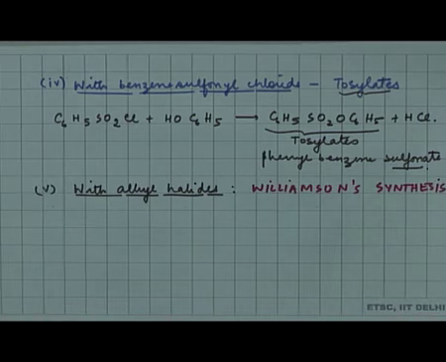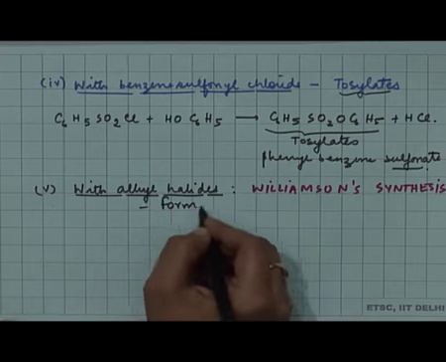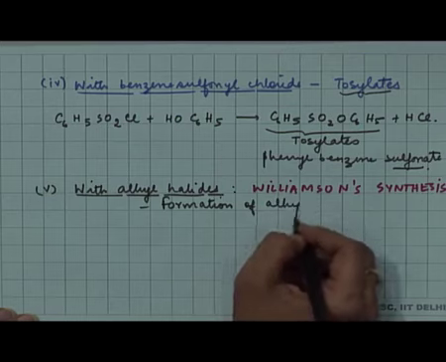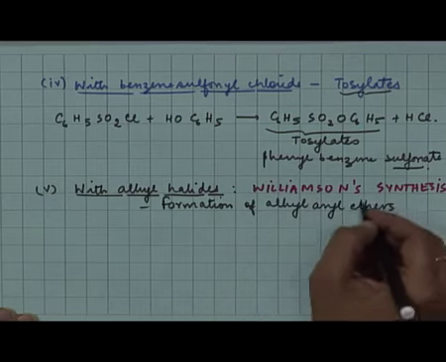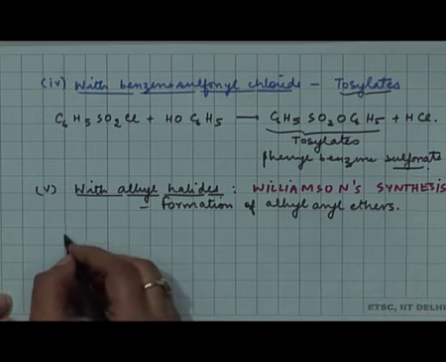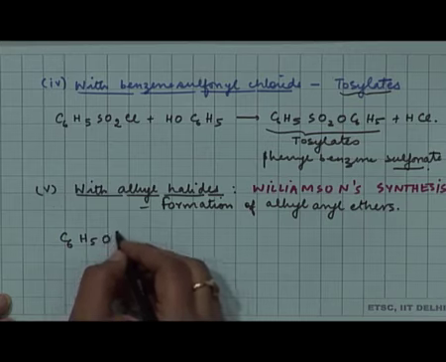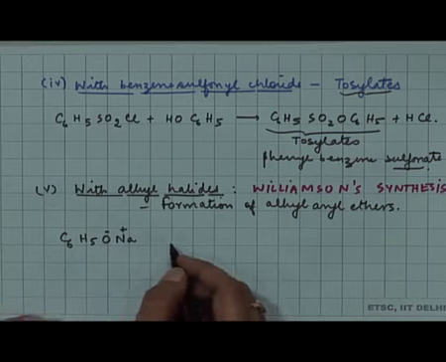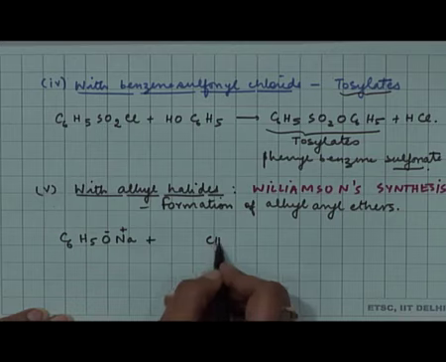Okay, so the reaction involves the formation of alkyl aryl ethers. It is a very popular reaction for making alkyl aryl ethers. You start with the phenol, which under alkaline condition exists in the form of sodium phenoxide, and you treat this